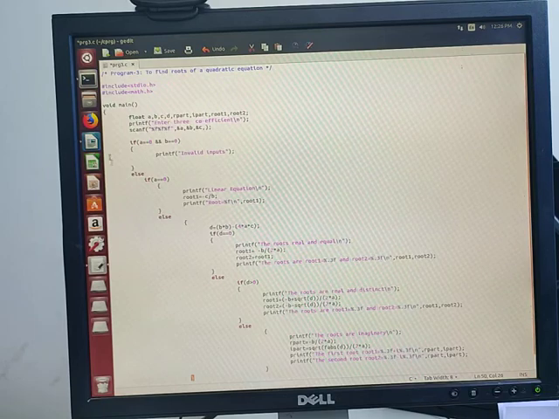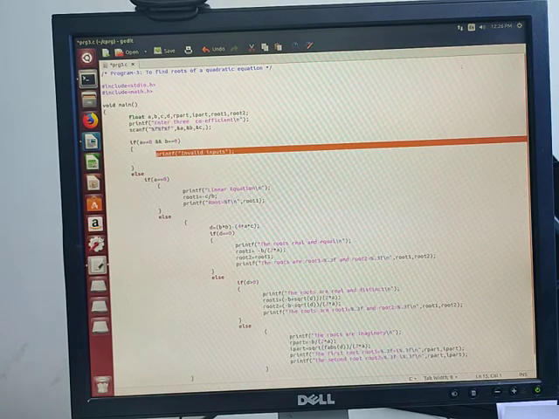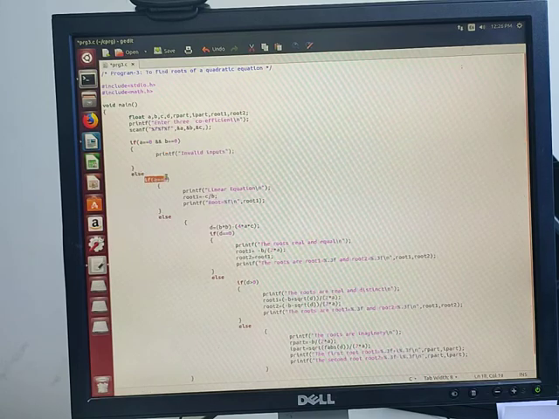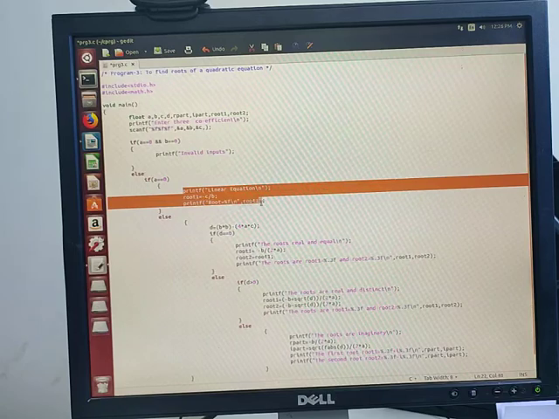Just think like this. First we are checking a equal to 0 and b equal to 0, then invalid input, the control comes out of this and it will stop. Or else if a is equal to 0, then definitely it will execute this, then the control comes out.